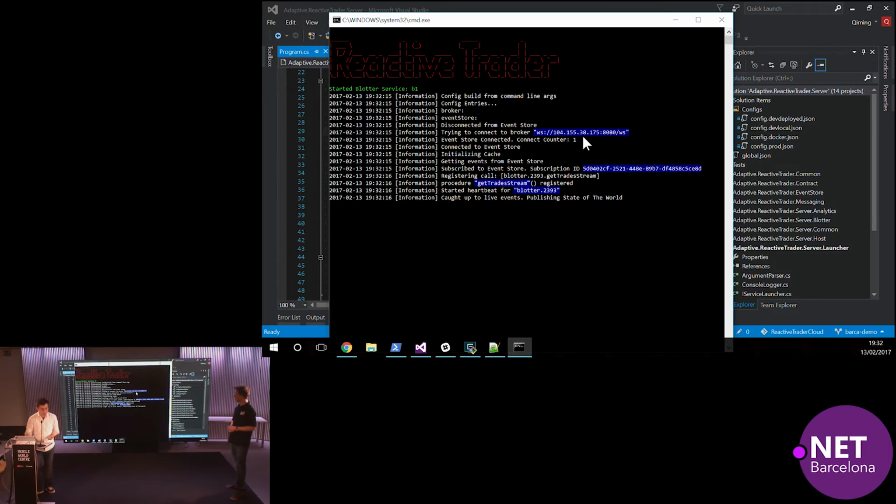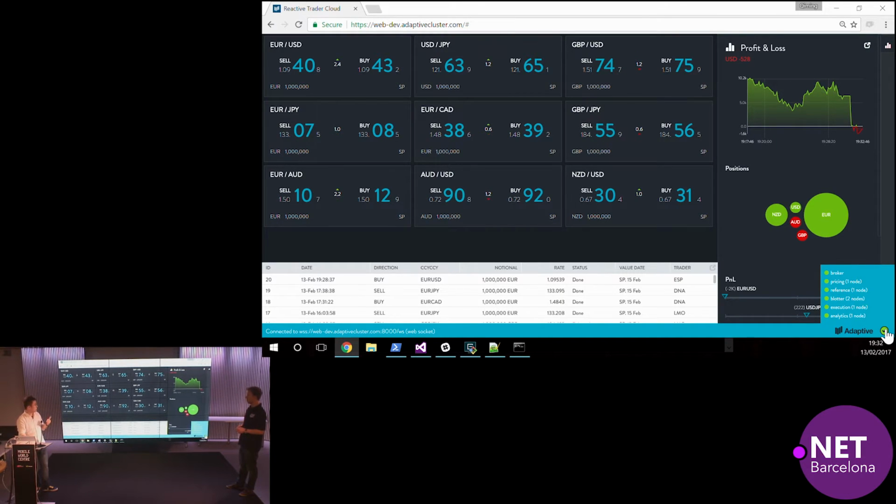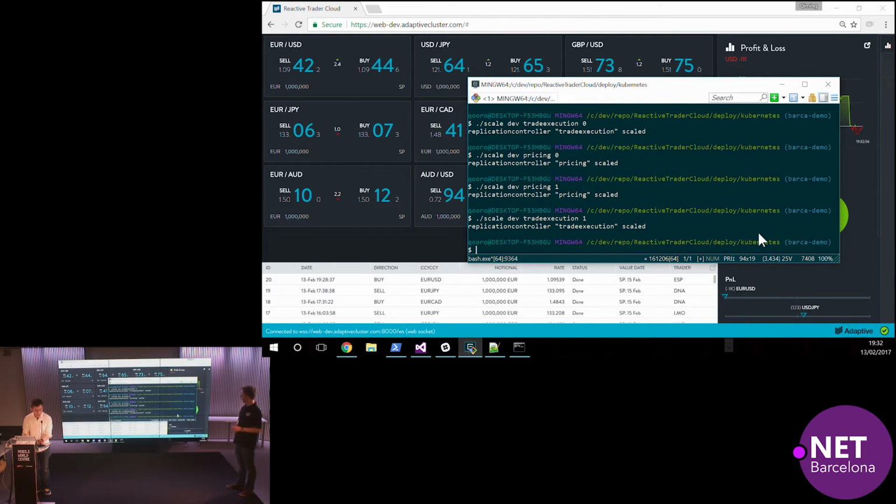So you can see that it has connected to the cloud instance, and is now connected to the broker as well as event store, and is now publishing data. So if we go back to the app, we should see, hopefully, there are two nodes of the blotter running. Because I've spun up a second node locally, this client will still be connected to the first instance in the cloud. So now we can try failover. So if I bring down the instance that we have in the cloud,